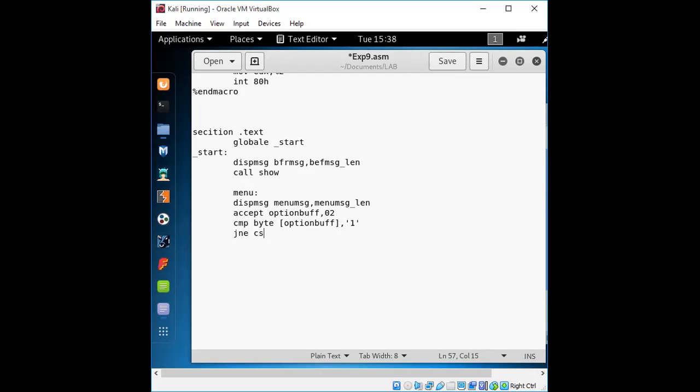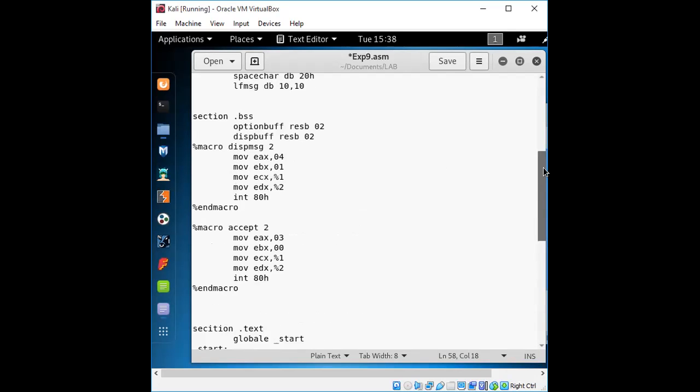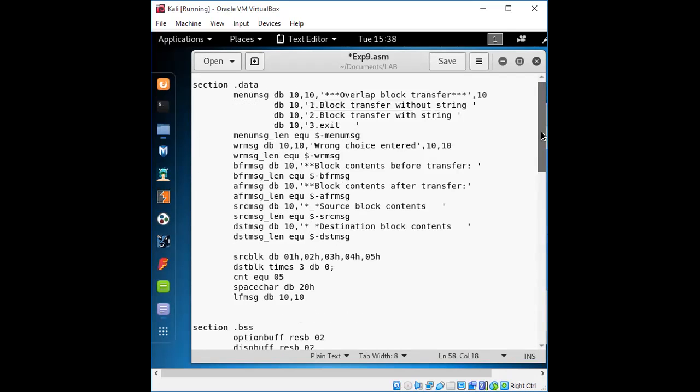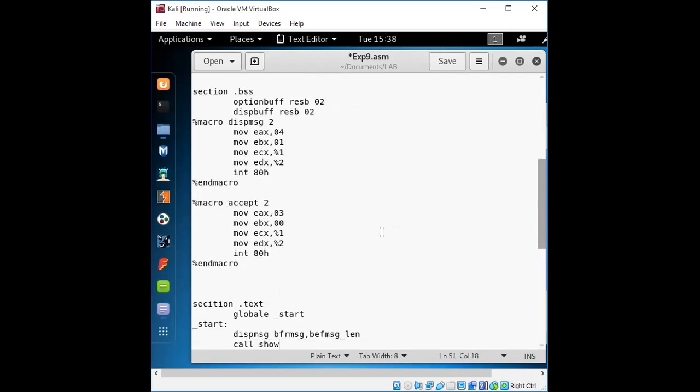Else it is 2, second choice. Okay, second option. The second option is generally expecting it without string. So the first option is what we are expecting as the output or the message that we are displaying, right? So it will be in the block transfer, sorry, without string, and the second will be with string. Okay, so it will be checked with the choice.